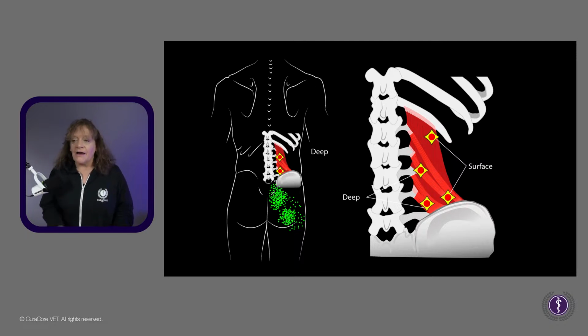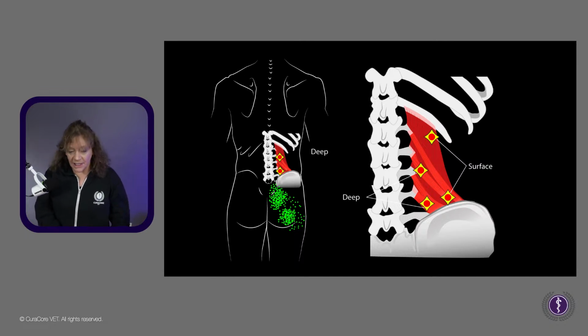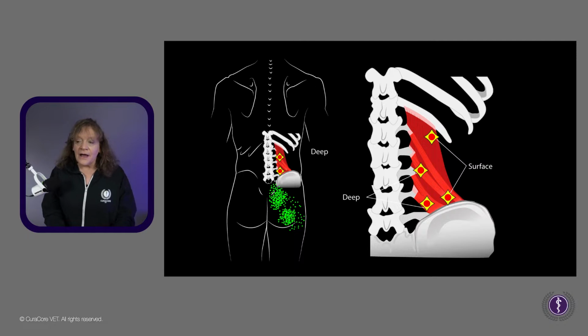It's in their back. Another name for this quadratus lumborum is hipster trickster, because it's misleading in terms of making you think you have a hip problem when it's your back. One of the things it does is it hikes your hip if you flex it unilaterally, or it can make you turn to the side if you flex it unilaterally, or it can extend if you flex it bilaterally, or just stabilize it. And so some people will say that if you're not feeling your quadratus lumborum, you're lucky and that's good and it's doing healthy.